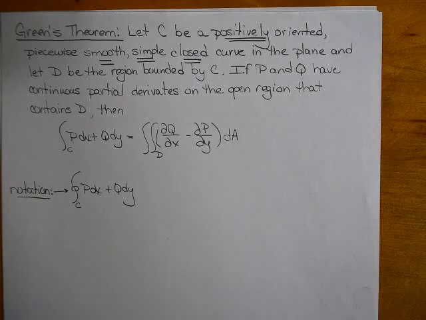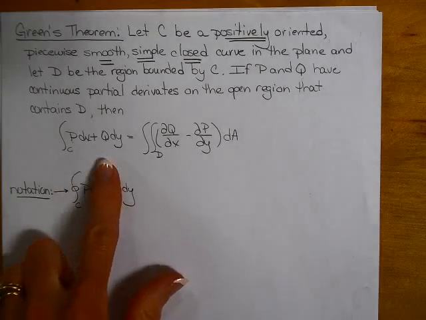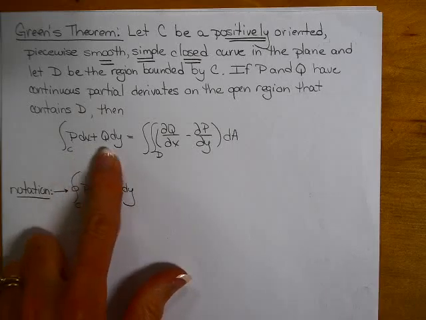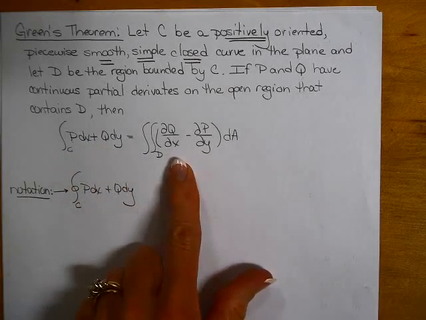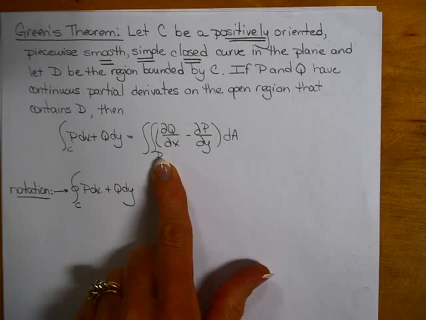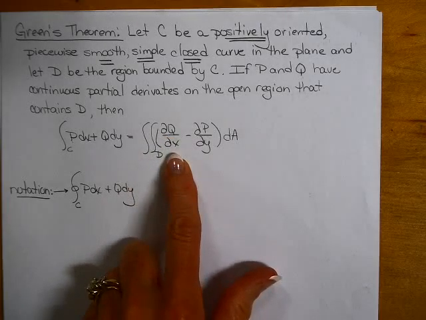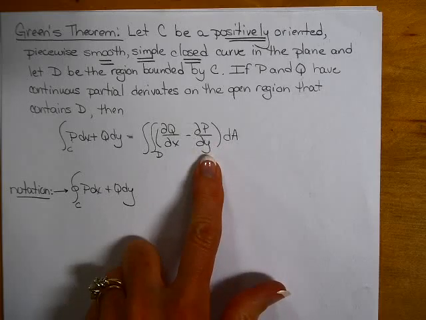If the curve C is a positively oriented, piecewise smooth, simple closed curve in the plane, and D is the region that's bounded by that curve, then if P and Q have continuous partial derivatives on the open region that contains D, then the line integral of P dx plus Q dy can be converted to a double integral over the region D. Take the partial of Q with respect to x minus the partial of P with respect to